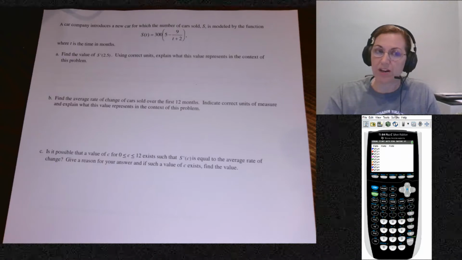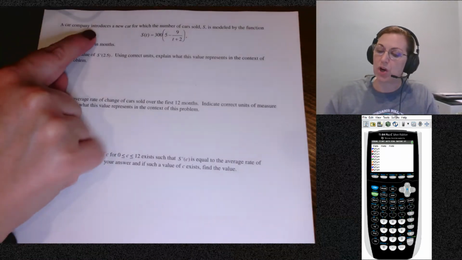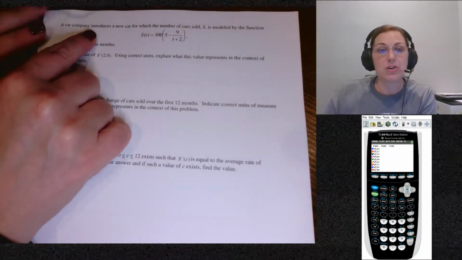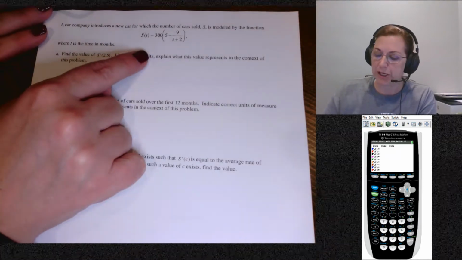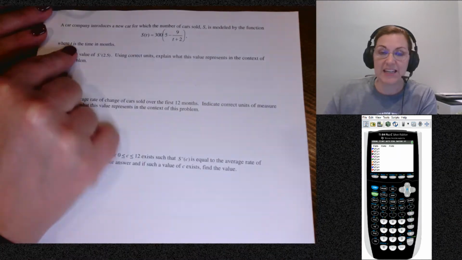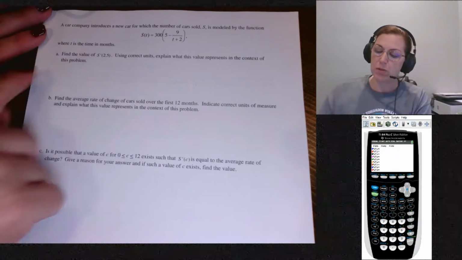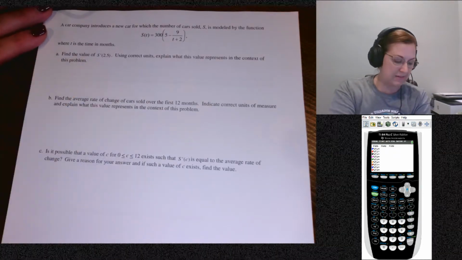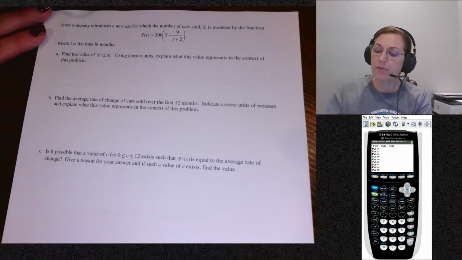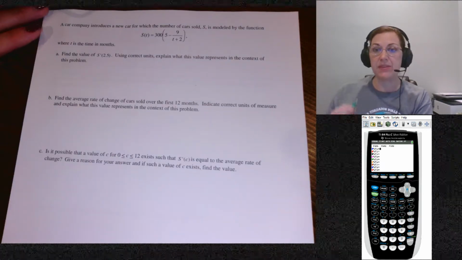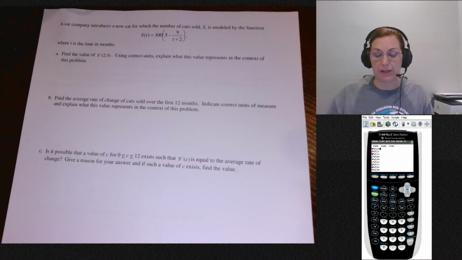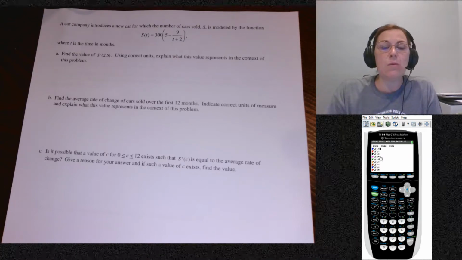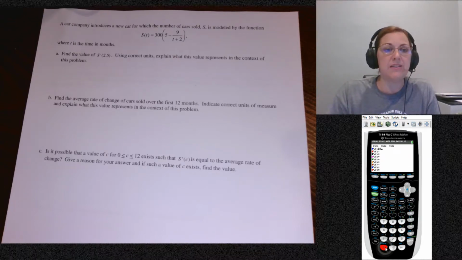We're being told that a car company introduces a new car for which the number of cars sold is given by this formula here. And T is the time in months. So we're being asked, what is the value of S prime of 2.5? Now, this is something where I'm going to use my calculator. I'm going to go ahead in Y1 and put in this function,